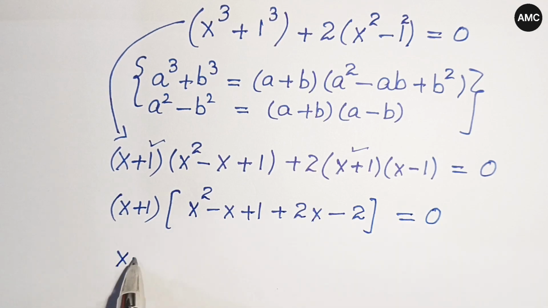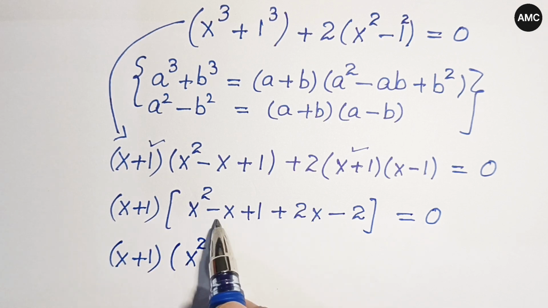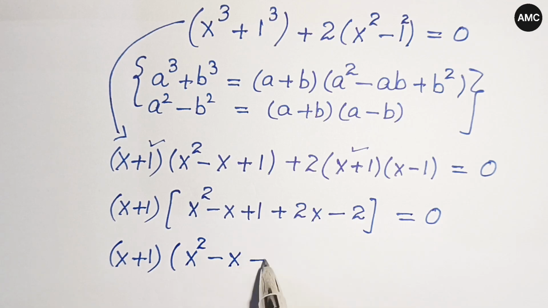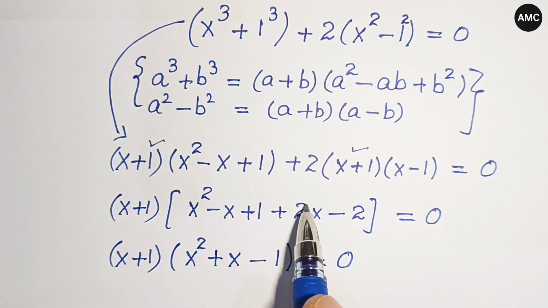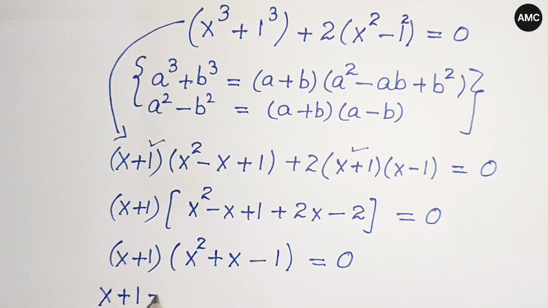Now adding like terms, then we will get x squared. Here we have minus x plus 2x, we get plus x, and 1 minus 2, we have minus 1, that is equal to 0. So x plus 1 times x squared plus x minus 1 is equal to 0, because 2 is greater and the sign of 2 is positive. Now here we have two possible cases, that x plus 1 is equal to 0 and this x squared plus x minus 1 is equal to 0,